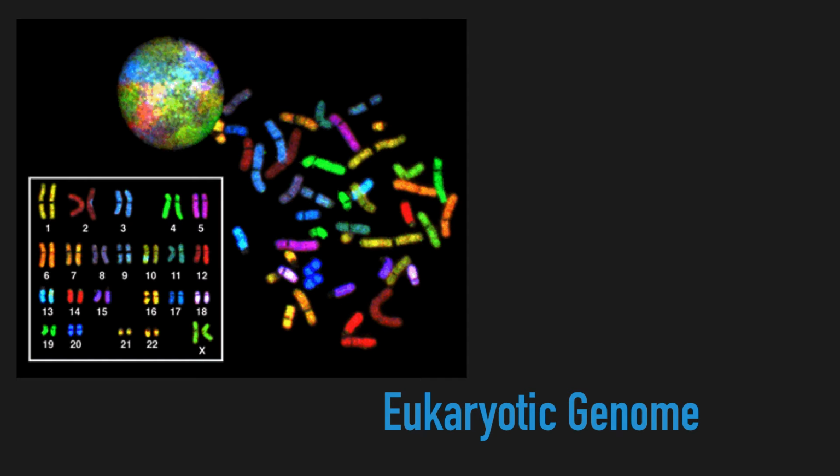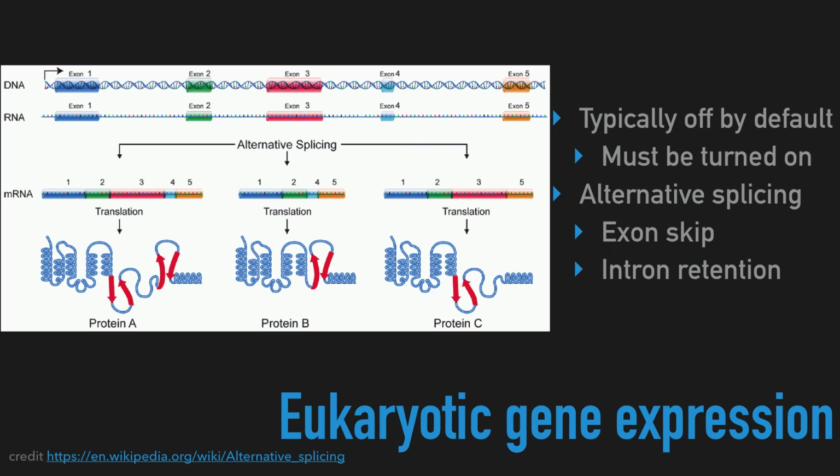The eukaryote genome is actually linear chromosomes, and it can be as few as 4 to as many as over 1,000 chromosomes per cell in some fern species. So quite variable. It is typically off with respect to expression, and so you need to actively turn it on through a number of different regulatory mechanisms. Alternative splicing is rampant, as well as the use of alternative splicing to skip exons or